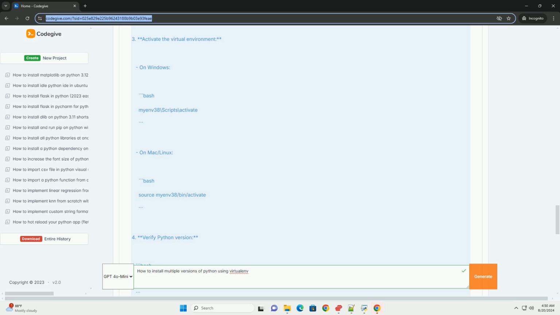4. Verify Python version: bash python --version should output Python 3.8. 5. Deactivate the environment: bash deactivate. Step 4. Repeat for other versions. You can repeat the above steps to create virtual environments for other versions of Python: bash pyenv virtualenv 3.9 pyenv39